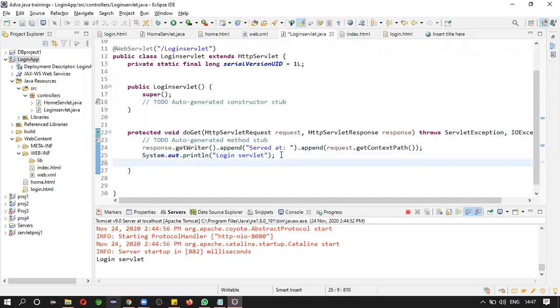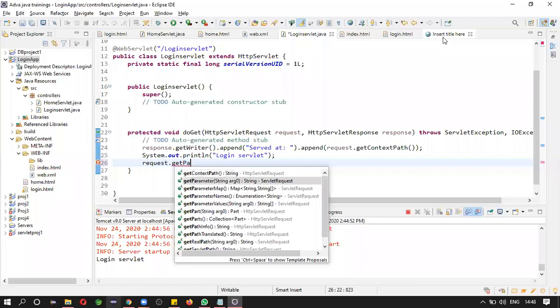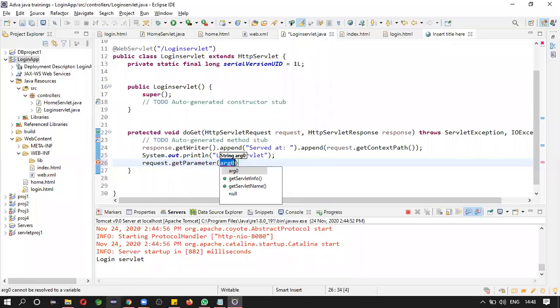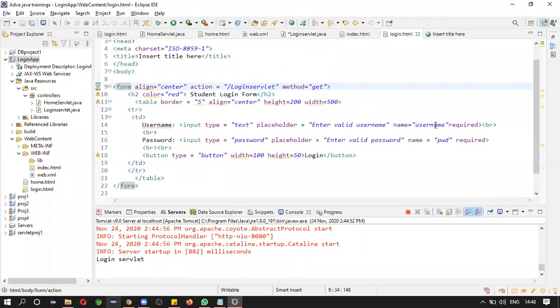How to get the data? I have given username and password, right? So request dot get parameter by name.